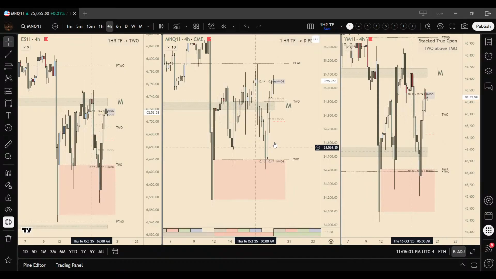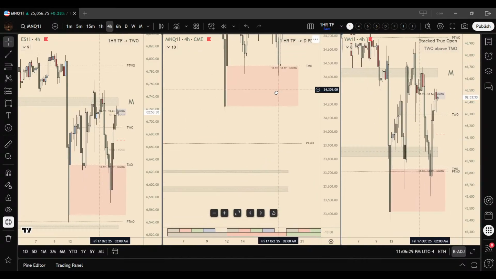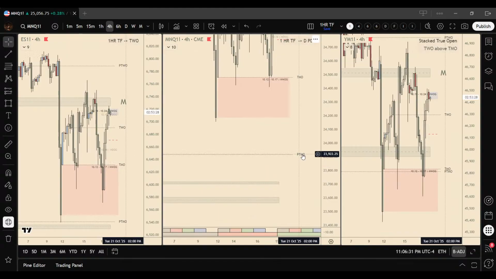But guess what NQ failed to do? It failed to close below the true month open. You have a closure, an opening, and then price is already on its way. You have a closure below the true month open and the previous true month open as well. And then an opening, and then price is on its way. We did not trade below the true month open on either NQ or ES,